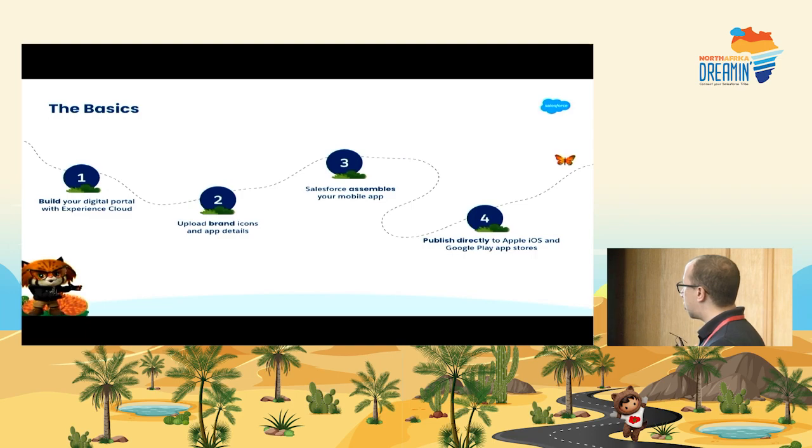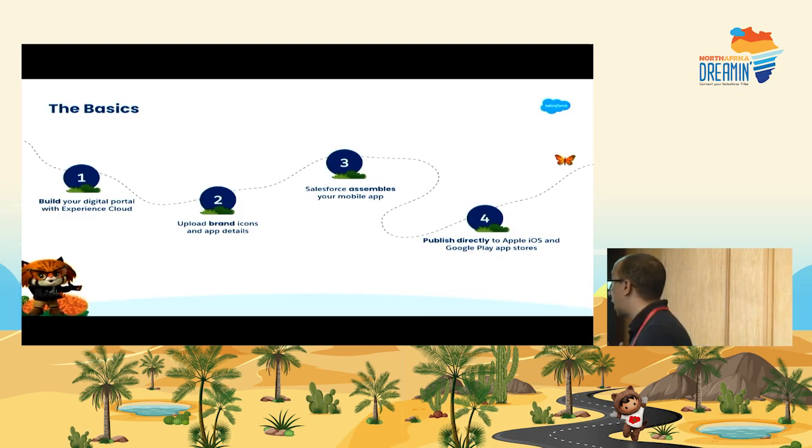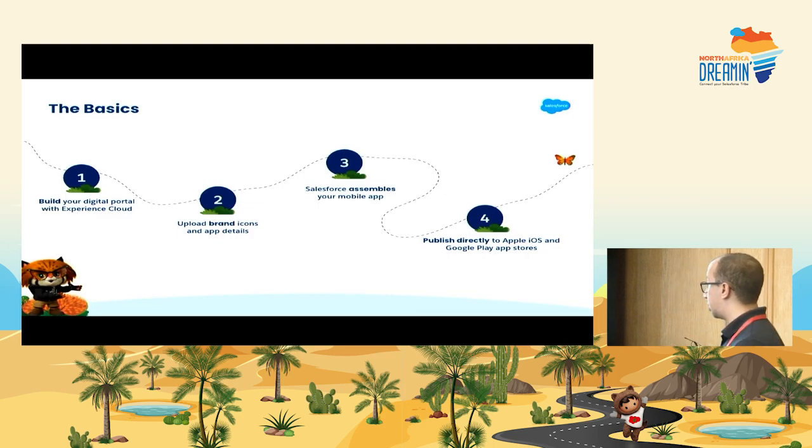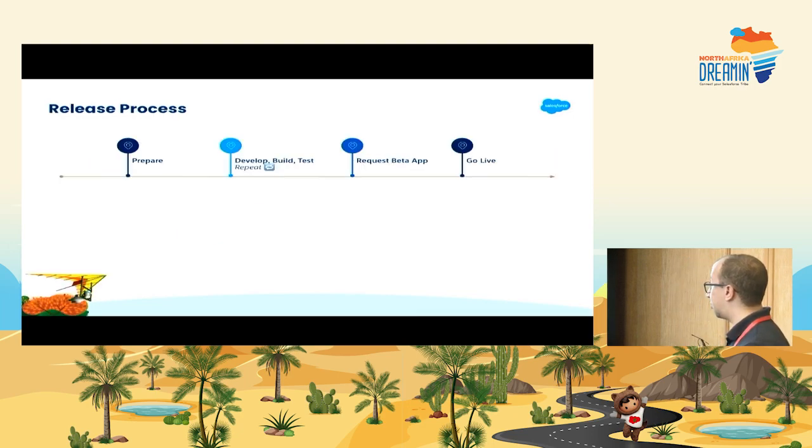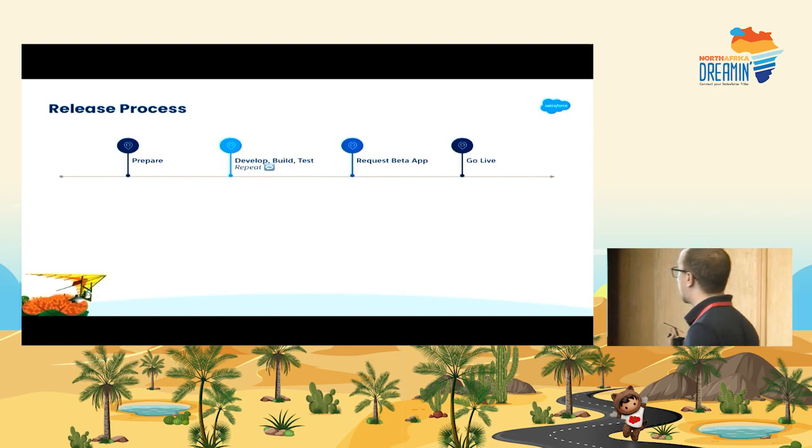So with that, I'm going to go back to the first slide that we saw with Oumaima regarding the basics. We did say there's actually more than this, because those are the 4 steps from the official documentation. However, from our experience, there's more than this, and we can recap it in 4 different steps as well. There is the preparation process, there is the development, building, and testing process, which can be run in cycle, in sprints. Then there is the process of requesting a beta app for your app, and then there is the